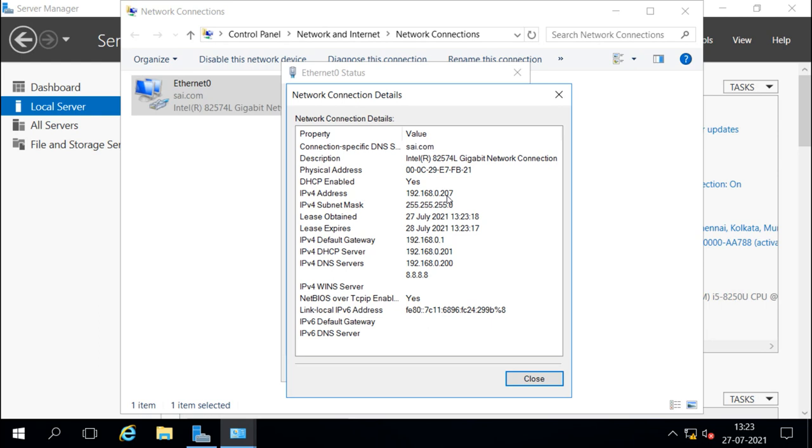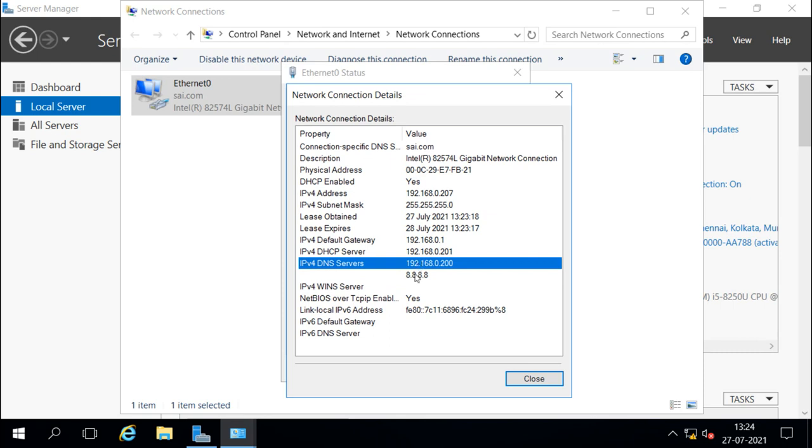Then this is the subnet mask it gets, and it is going to expire tomorrow. You can see this is the lease obtained, and this is the lease expires. This is 27 July 1323, and on 28th July 1323 it is going to expire. And the gateway address it is getting is the DHCP address, because now it knows the DHCP server IP address. Then it is getting these DNS addresses.